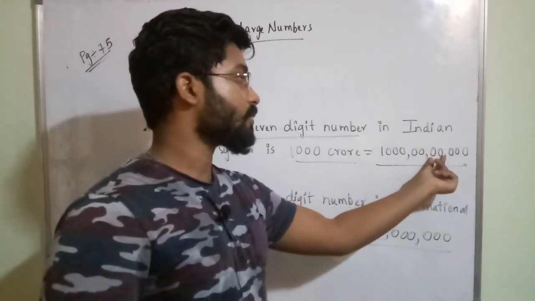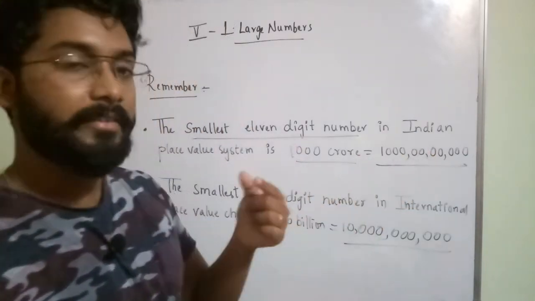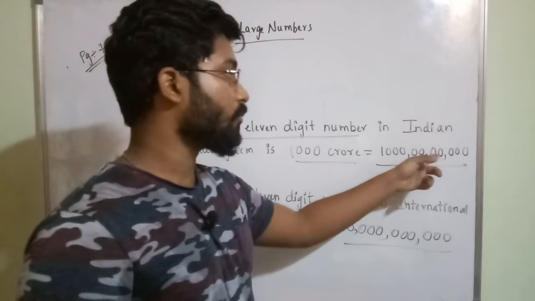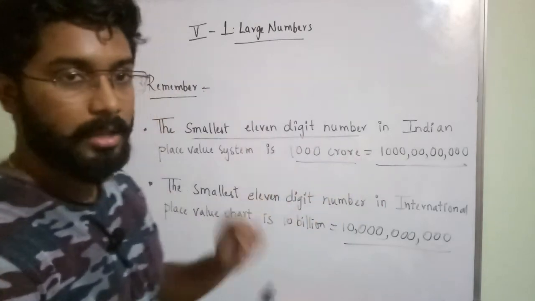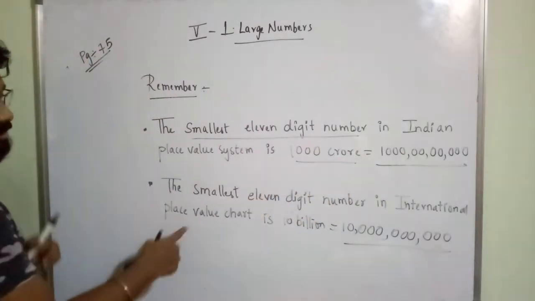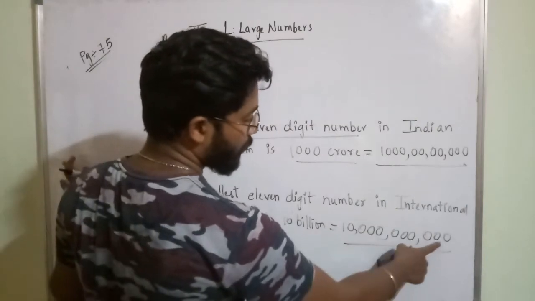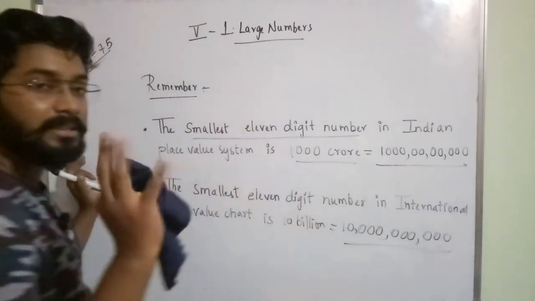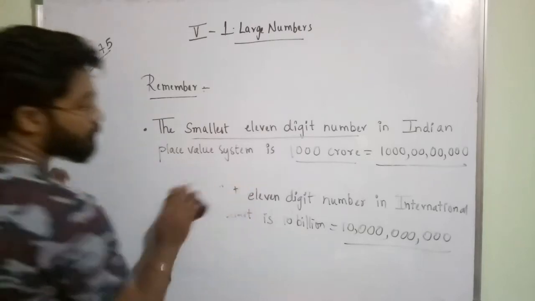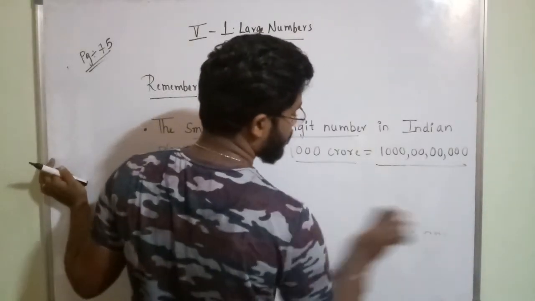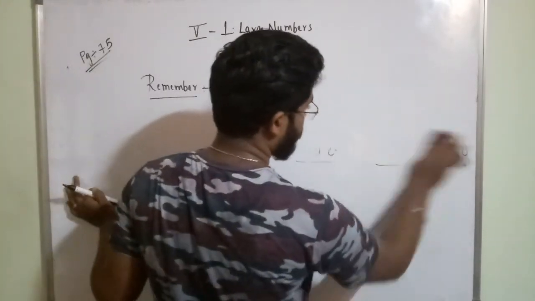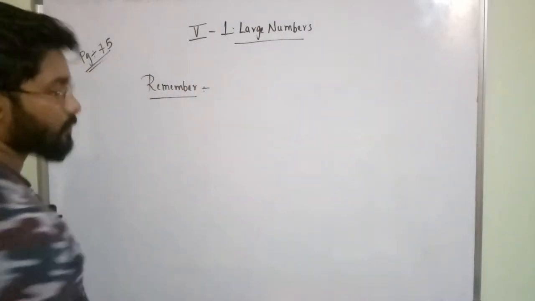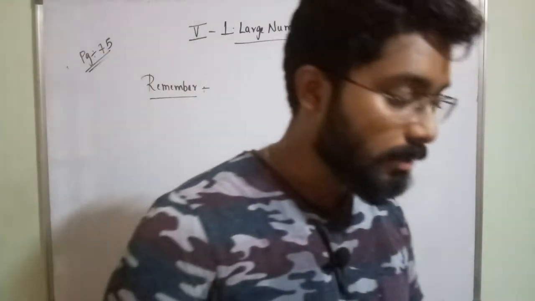But the thousands and lakhs periods have what? Only 2 digits in them. So after 2 digits we put one comma. But in the crores period there are how many digits? 4. Here 4 are there. So like that you have to understand. But in the international place value chart, each period has 3 digits, 3 places. So that's why it is easy for you to understand which period is what if you put the comma. Separating with commas means we are separating all the periods. Okay, so 2 points we have completed now.